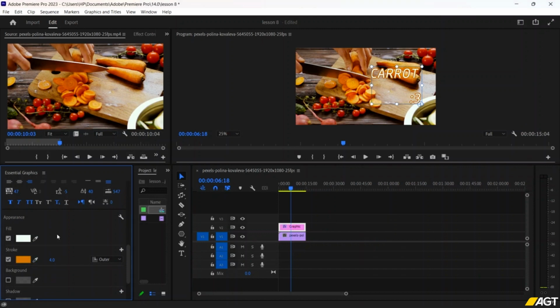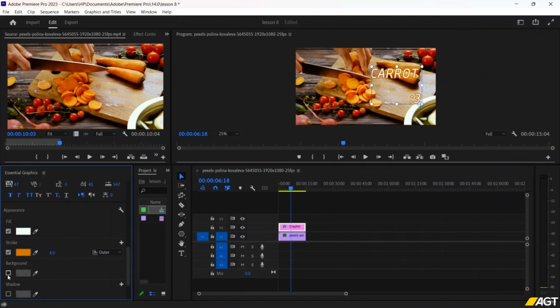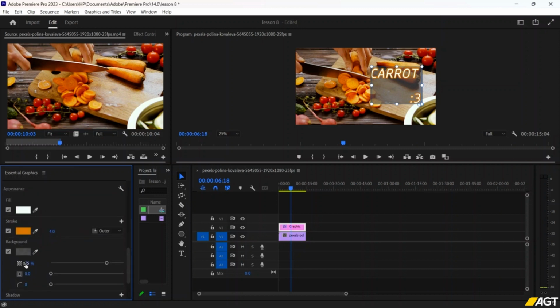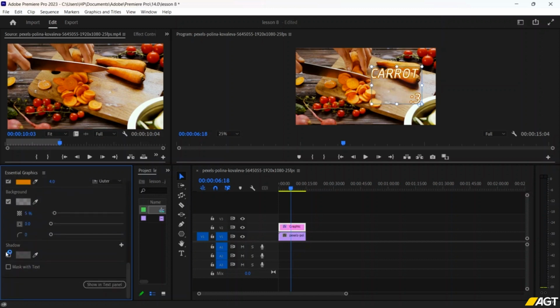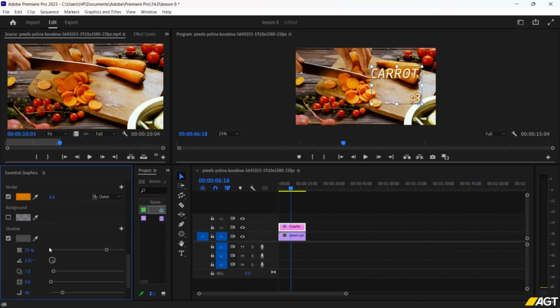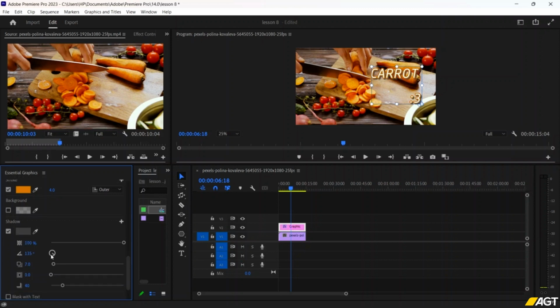Okay, and in the background we can also add something, for example the opacity of the background, and also we can add the size of the background and also the corner radius of our background. We can also add a shadow. Let's just take the background off, and here the shadow, let's say that opacity of the shadow is a bit high. The angle the shadow will be casted is right over here,